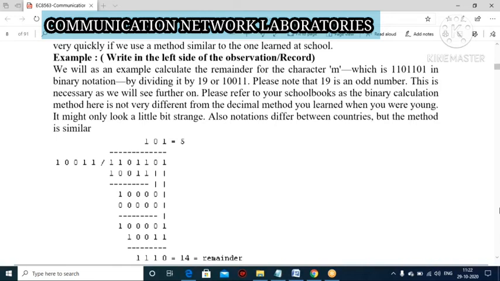So now I am going to give a short introduction about Java. Java is not only a programming language, it is an object-oriented programming language.